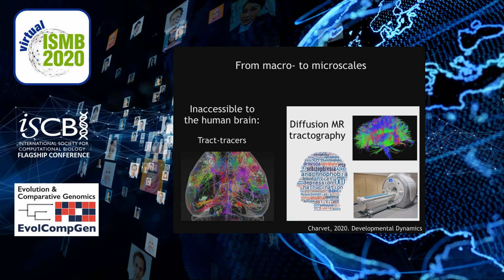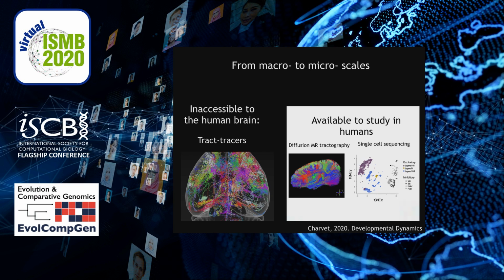the tractography that we see here has not been without its uncertainties, so that moving forward, we're interested in integrating diffusion MR tractography with microscales of study to understand the evolution of development of frontal cortex circuitry in humans. We're particularly interested in integrating diffusion MR tractography with single-cell sequencing methods, which identify cell types as shown here in a t-SNE plot. And different cell types have stereotypical patterns of projections so that we could quantify cell populations across species, combined with comparative analysis of diffusion MR tractography to identify what is it about our brains that's different from